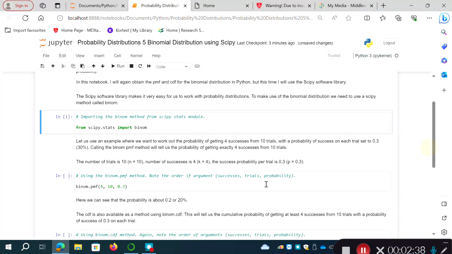So let's use the same kind of motivating illustrative example from previous videos. Let's say we want to work out the probability of getting 4 successes from 10 trials, where we've got a probability of success on each trial set to about 30%, 0.3. Calling binom.pmf, this PMF method, and feeding it arguments for n,